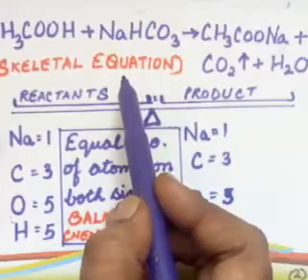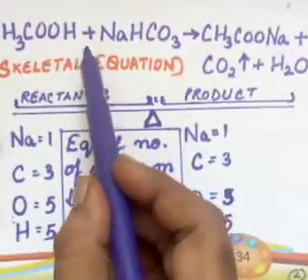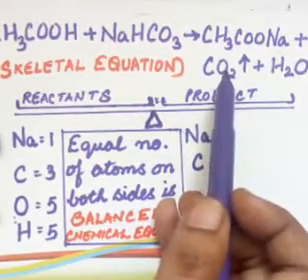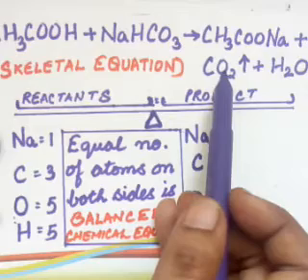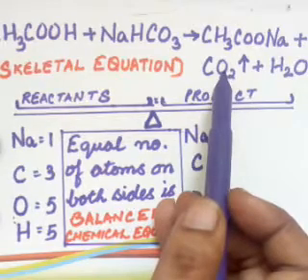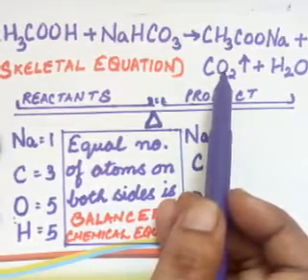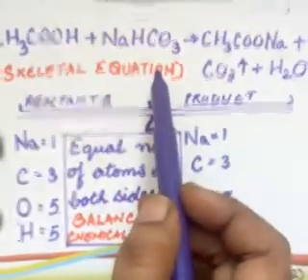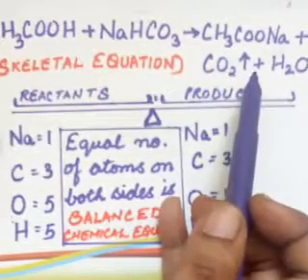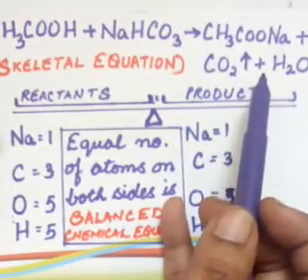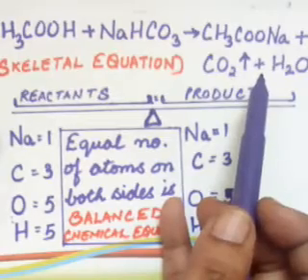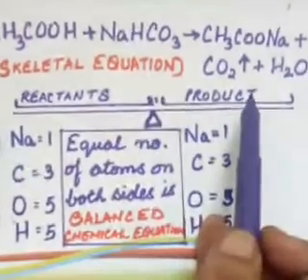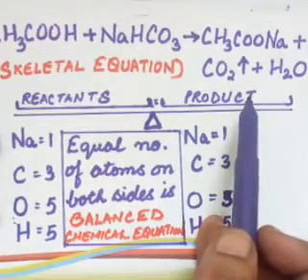But you must know, children, that the number of atoms on both the reactant side and product side should be equal. Why should it be equal? Because we know the law of conservation of mass, that mass can neither be created nor destroyed. So if the reactant side is more, where has that mass gone after the reaction? Or if the product side is more, where did that mass come from? So the mass should be equal on both sides. For that we need to balance a chemical equation.